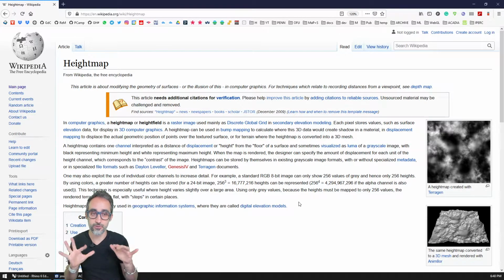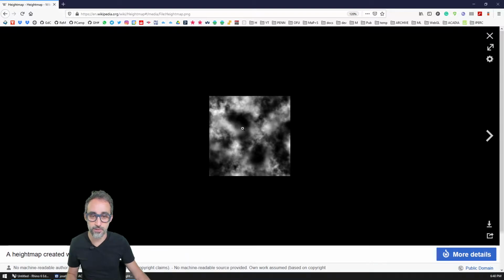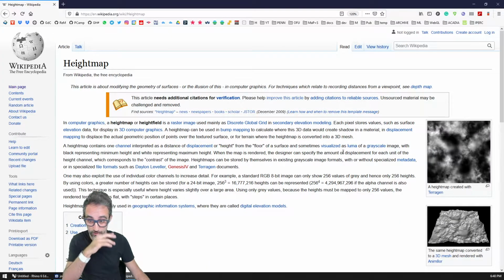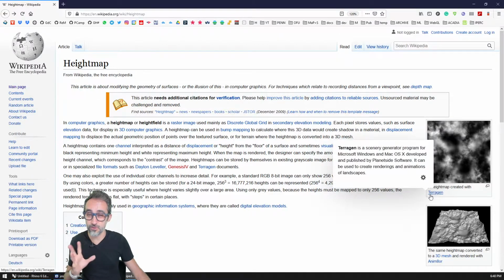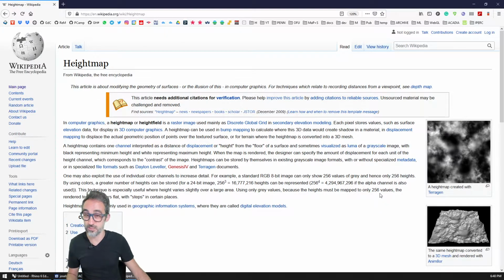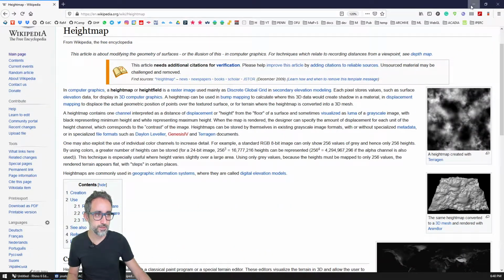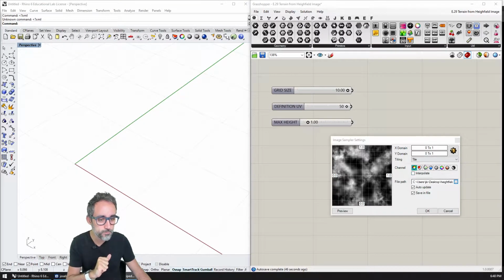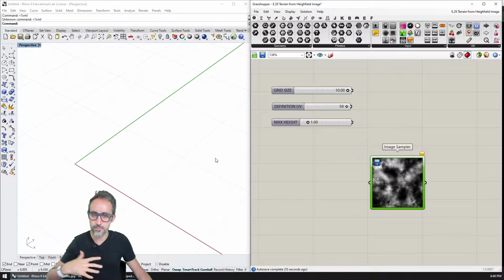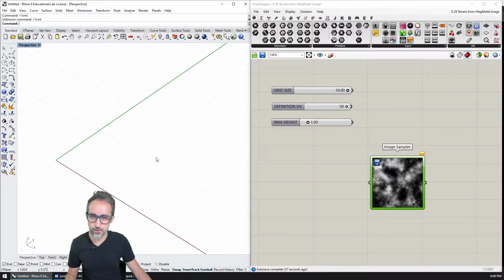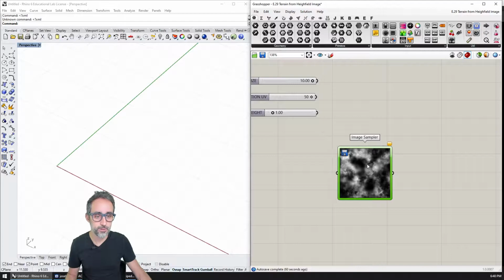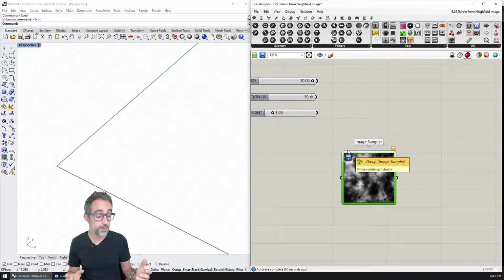Yes, exactly. If you Google height map Wikipedia, it's literally the first image that shows up here, generated with a computer, so with TerraGen, which is a software for generating terrains, which is actually really, really nice. I've used it in the past. Anyway, I'm going to use that, and I'm going to scale the domain up a little bit from 0 to 10 so that the image is a little larger here in the Rhino space.